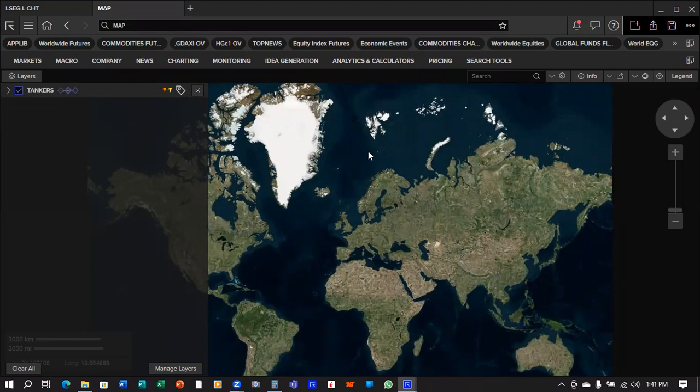It's taking long to load, but basically from here it actually allows you to see even vessels in